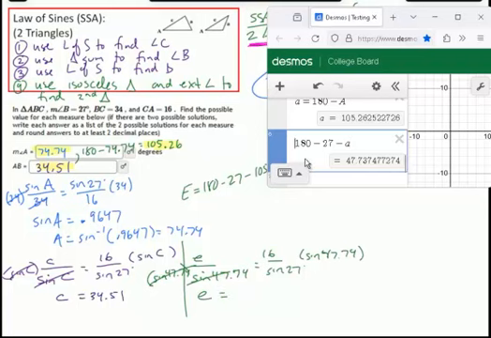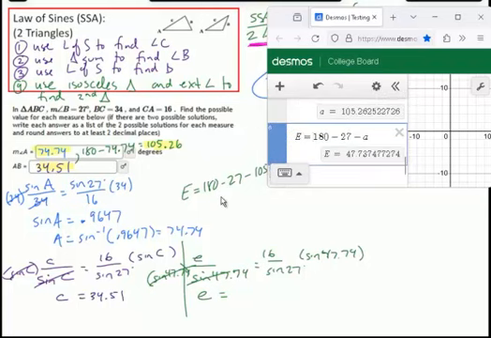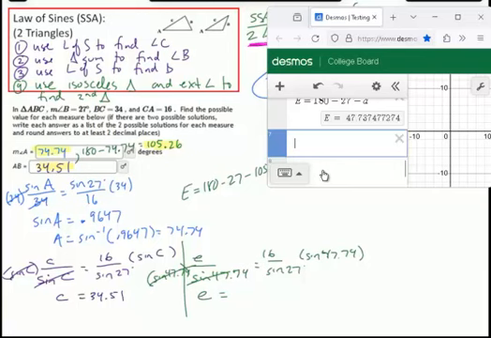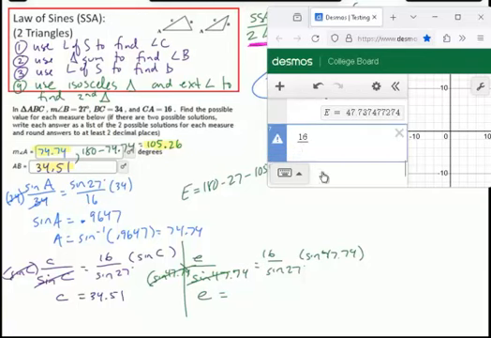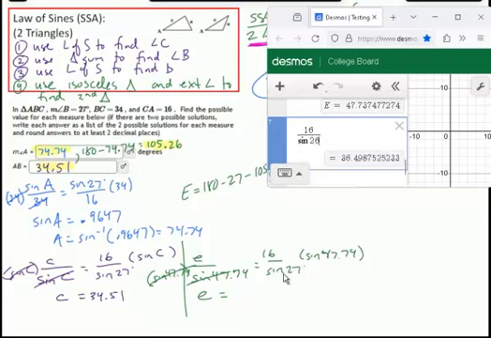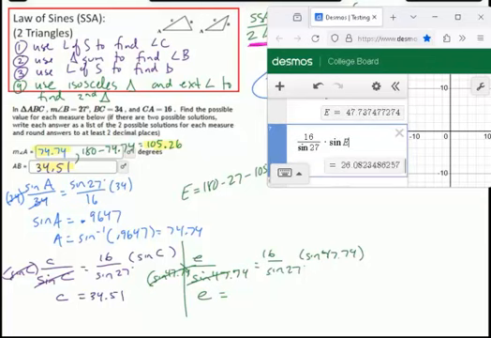So what I'm going to do is, this is my new angle. I called it E here. So I'll say capital E is equal to, and when I set up my final calculation, 16 over the sine of 27 times the sine of this angle up here that I called capital E. And it gives me my final answer, which is 26.08. And that would be the second part to this question. All right. So you could